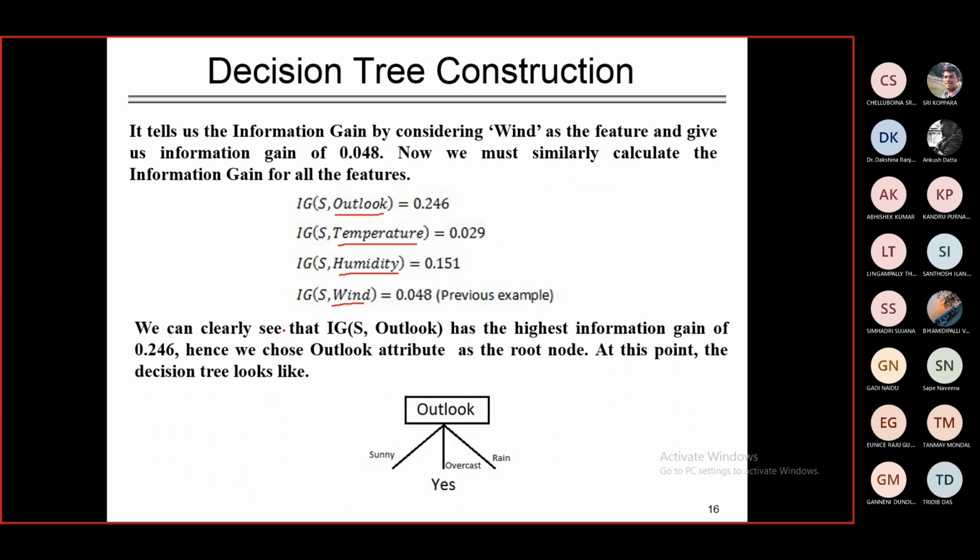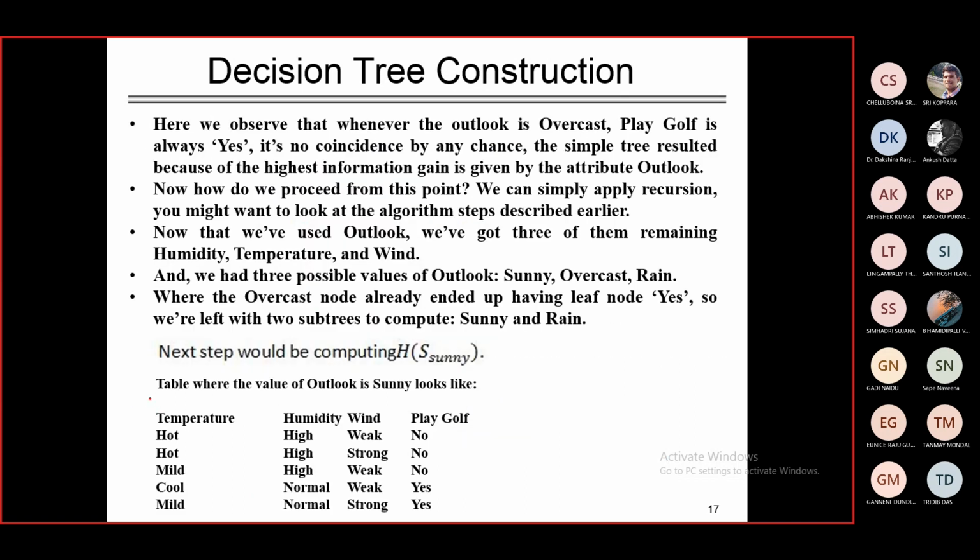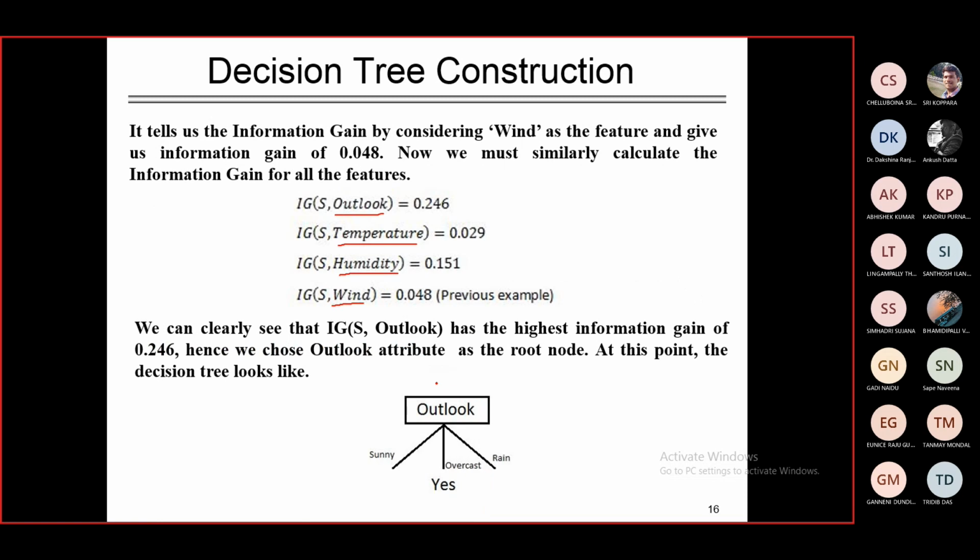So here we get the subset of the data set. Since we have 3 branches, sunny, overcast, rain,